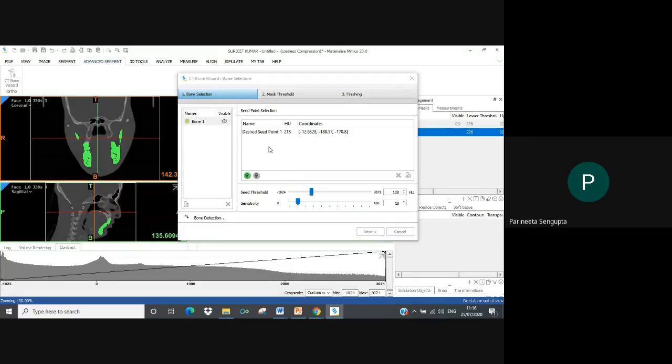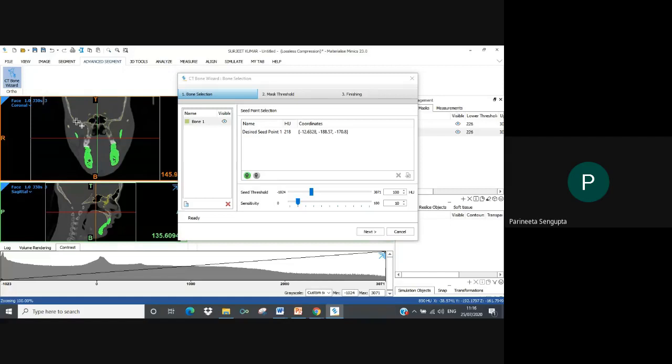You see the maxilla is highlighted in a yellow color. I'll mark an undesired seed point at the mandible. Right? What I'll now do is select next.